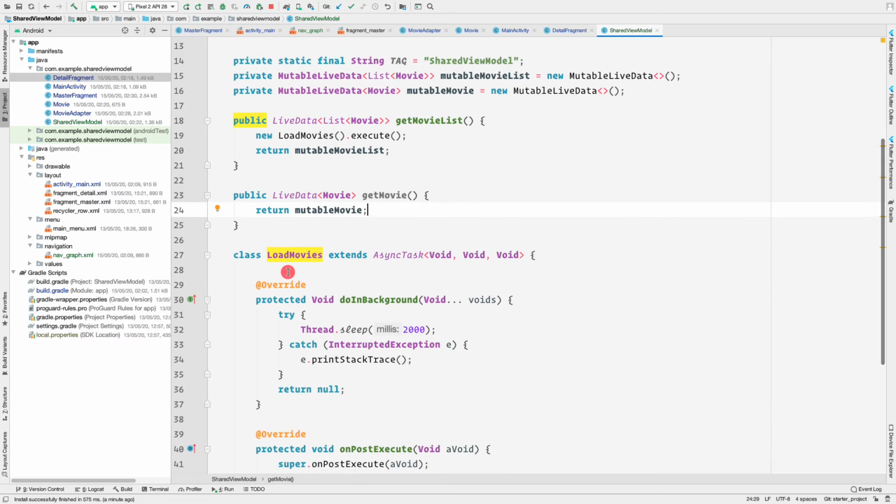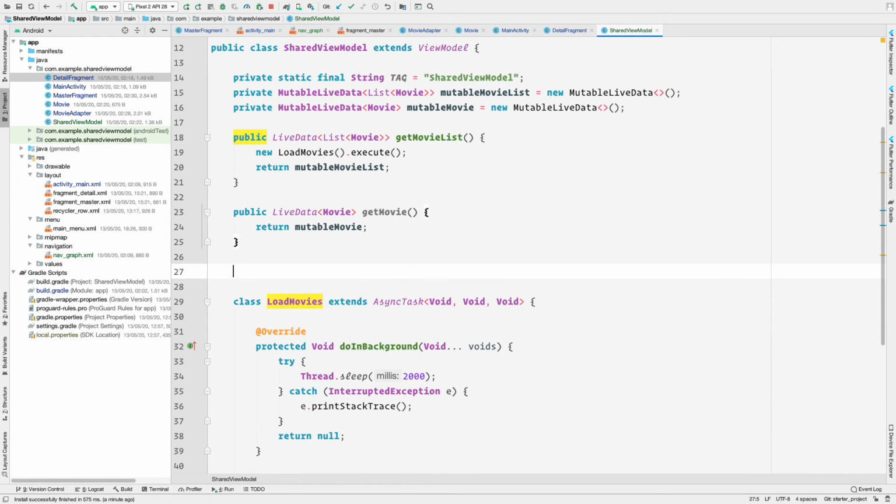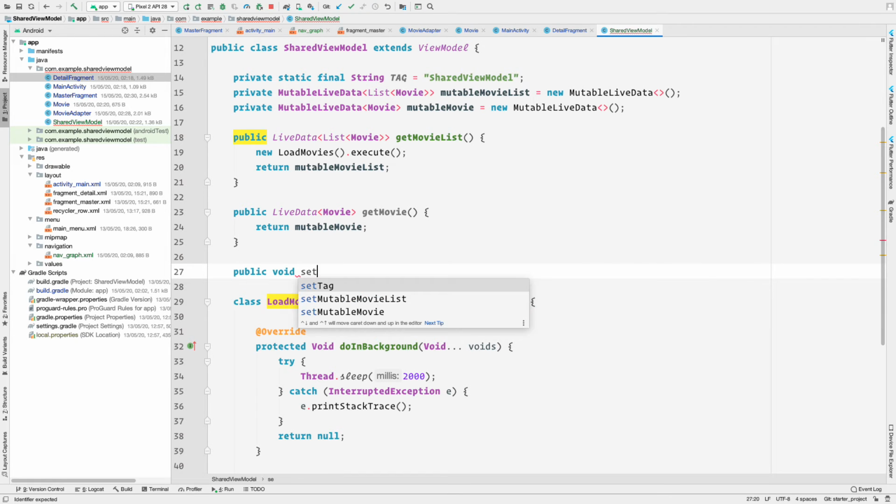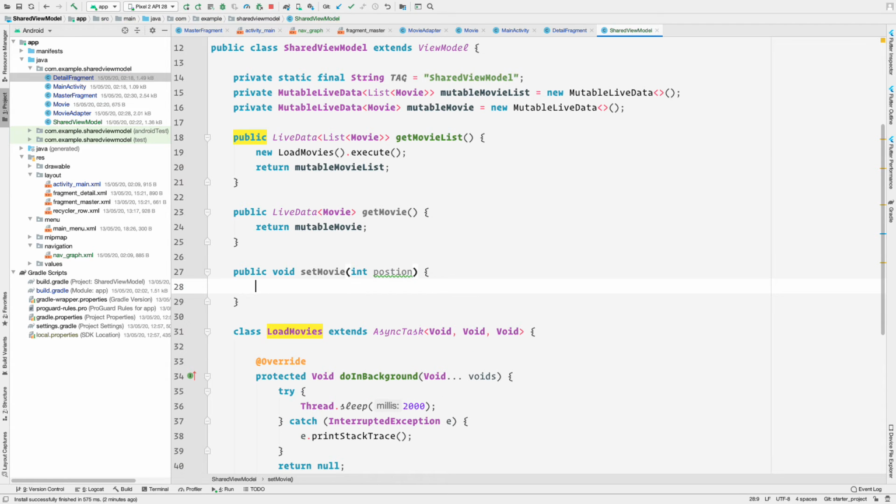So for that, I'll create a new method here, that is public void setMovie, and this should take in the position on which the movie was clicked. So let me provide an int i here like this. And now I'll simply get the movie from the mutable movie list like this.